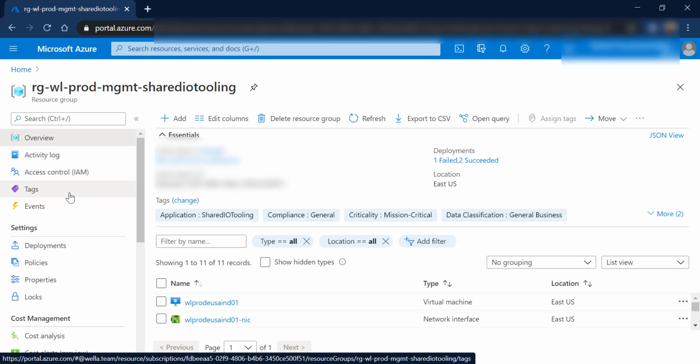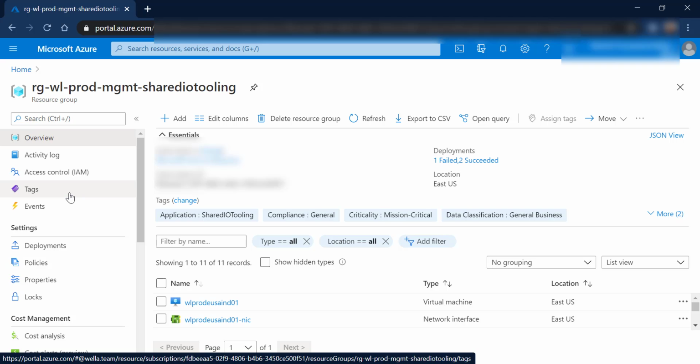For example, I'm working on a project located in the West US region or the East US region, and I want to make sure that anybody creating resources under this particular project, under this subscription, is only allowed to create them in the given set of locations, such as West Europe or East Europe. If anybody tries to create a resource, intentionally or unintentionally, in any other location, they should not be able to create it.